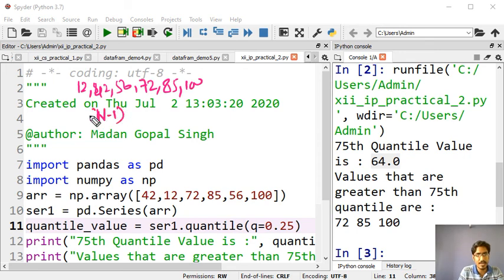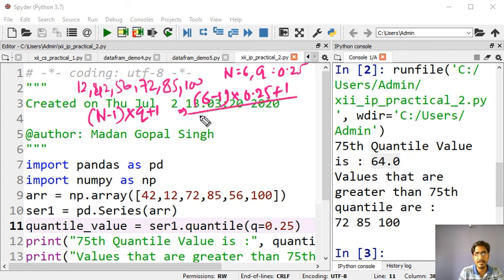Formula was (n minus 1) into q plus 1. Here n is 6, q is 0.25, so you are just passing n, 6 minus 1, into 0.25, plus 1. We are finding the term value, so 5 into 0.25 plus 1, that is 1.25 plus 1, that is 2.25.